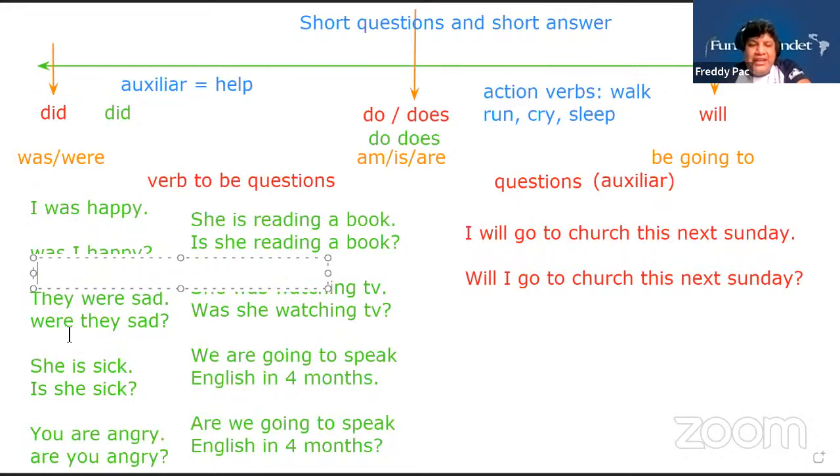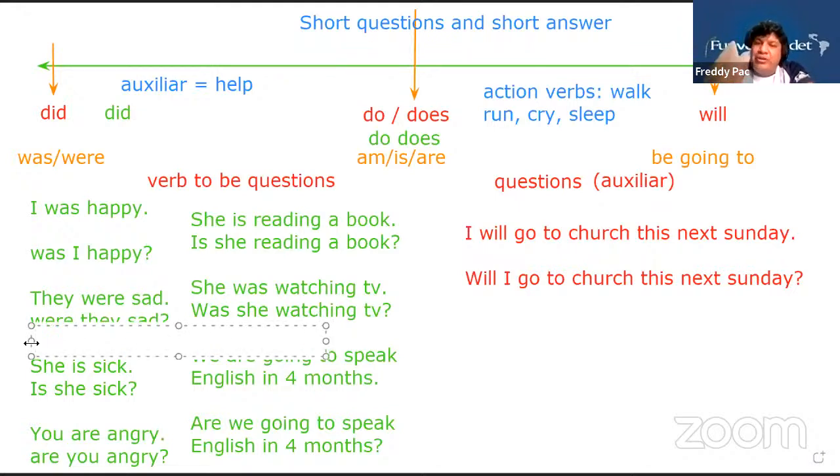What about they were sad? The question is, were they sad? So what is the answer? Remember that you have to answer according to the question. What are the two possibilities? If yes, say yes, comma, they were, okay? That is the possibility for affirmation. And for negative,